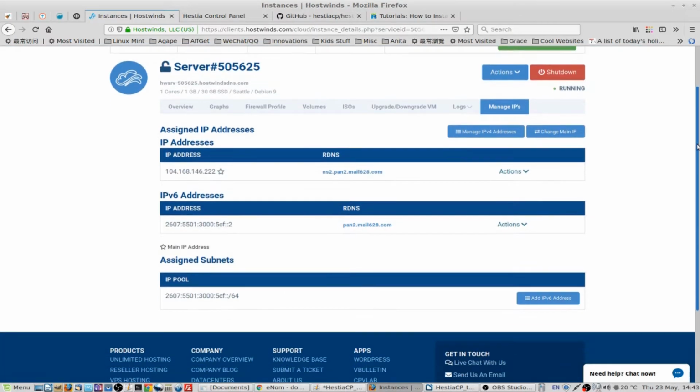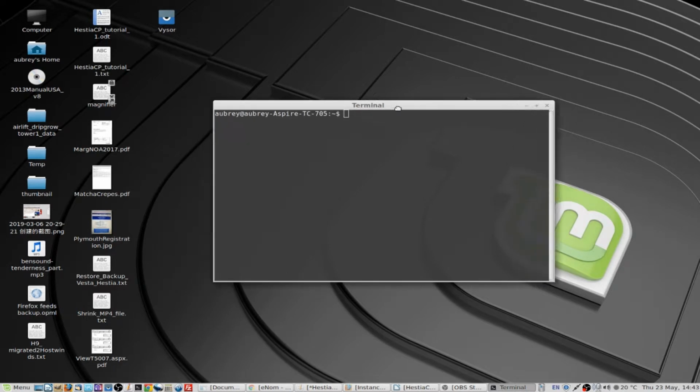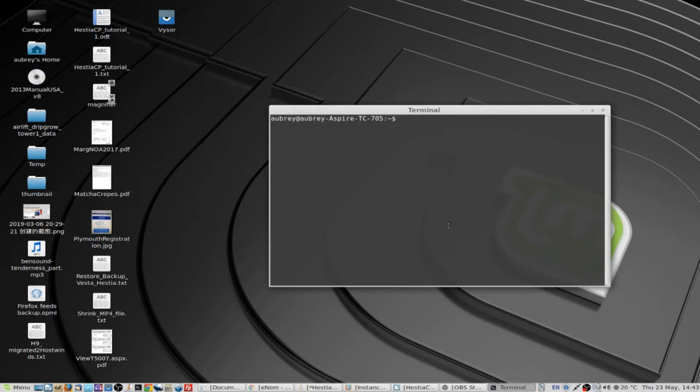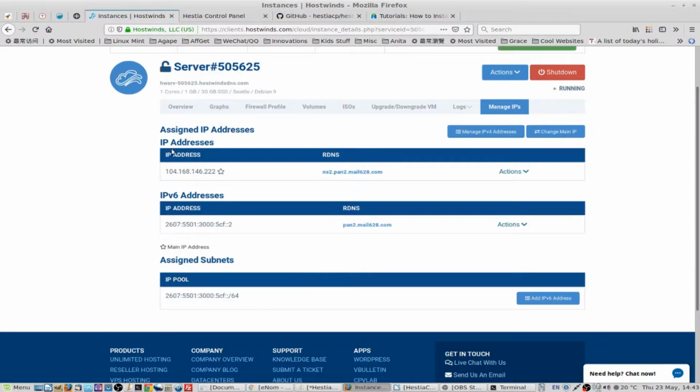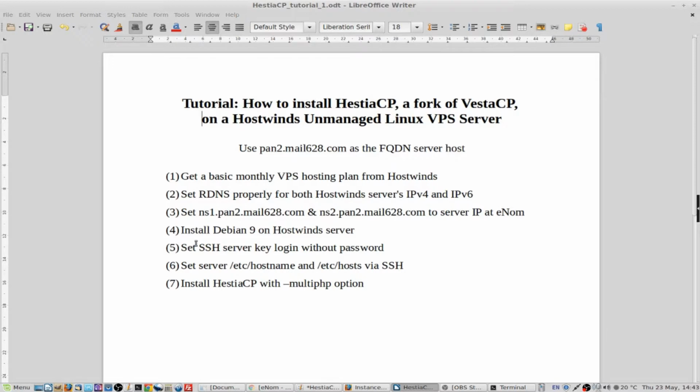Okay. Since I'm using a Linux server, I mean, default desktop, it comes with terminal. So I'm going to use this. If you are using a Windows operating system, you may need the PuTTY software. Okay. Then first, I list here